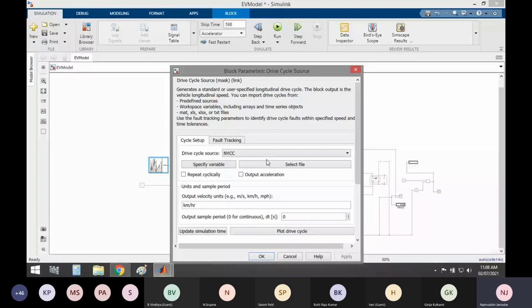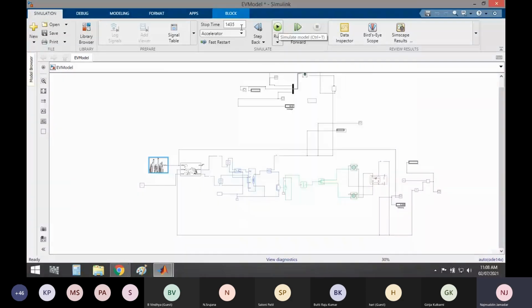I will again change to some other cycle, LA92. It's a cycle of 1435 seconds. Okay, I will run it.